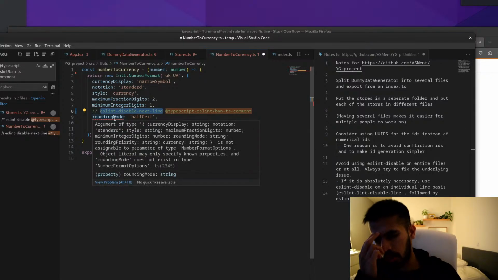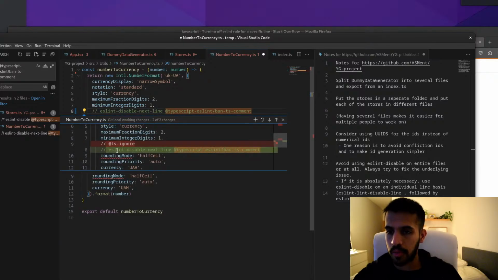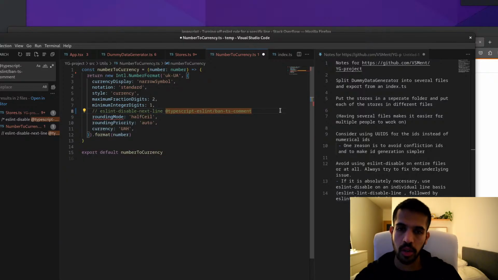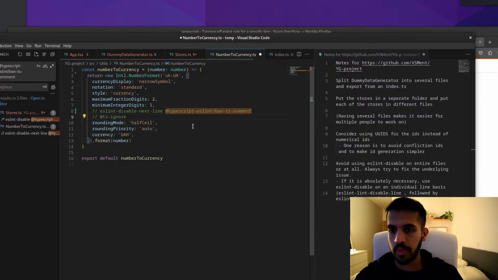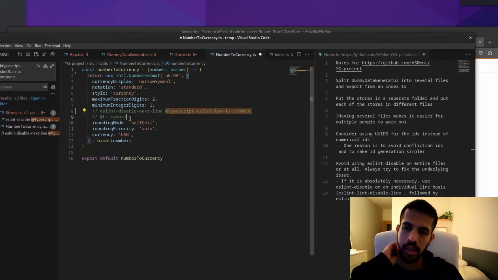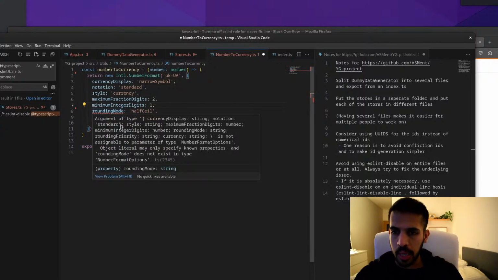This is not being enforced with eslint. It's being enforced with TypeScript. So you also have to have the ts-ignore that was here, because that was what originally caused the error. You do a ts-ignore and then you do a disable next line to ignore the ts. Just, yeah, this should be used as a last resort. Whenever possible you should try to mend the underlying type error. So let me see if I can actually mend this underlying type error. TypeScript is not my strength. I'll be open with that.